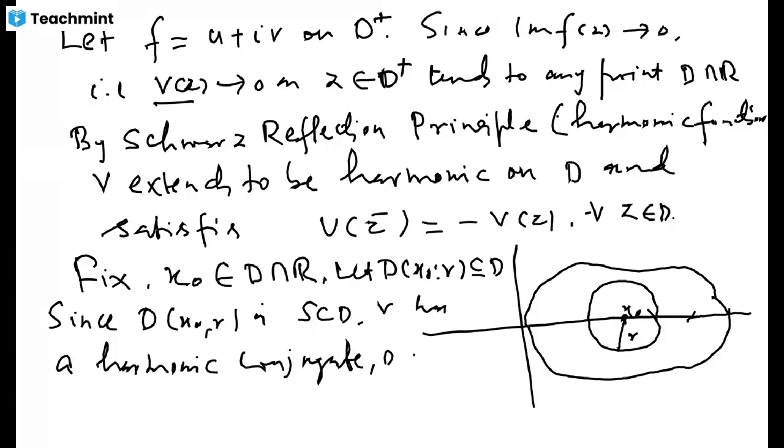Let that conjugate be H, but this is a harmonic conjugate on the disk T(x naught, R). So we got another function which is harmonic on this disk, and that is a harmonic conjugate